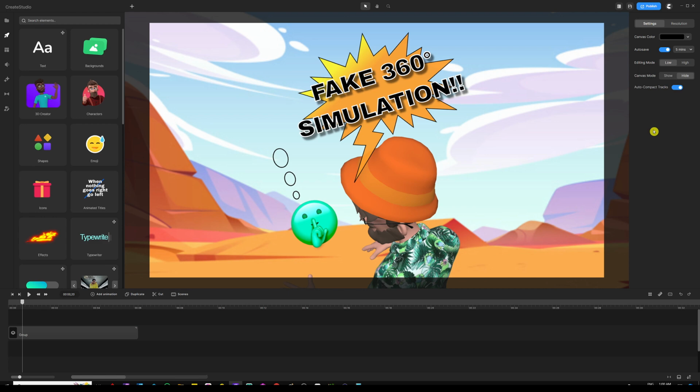Now, I do have a video that talks about the fundamentals of fake 3D rotation inside CreateStudio. You can go ahead and watch that video by clicking on the link that shows on the top right. Pause this video, go ahead and click that link and watch it. If not, I'll just leave a link to that tutorial in the description so you can watch it right after